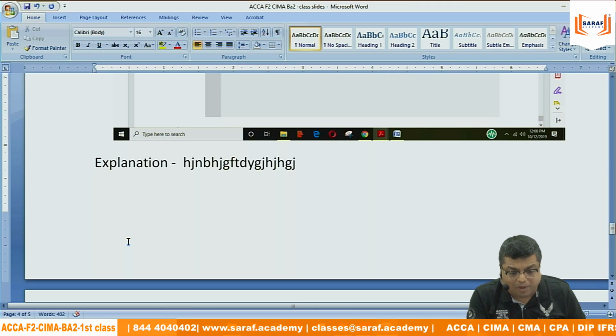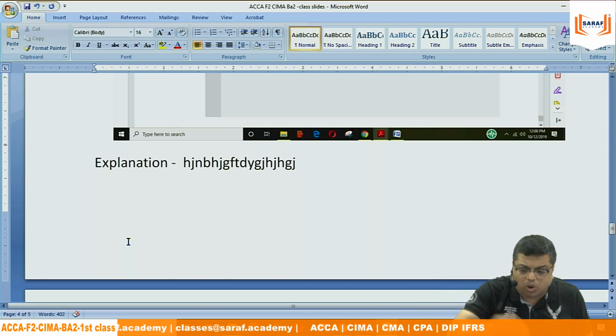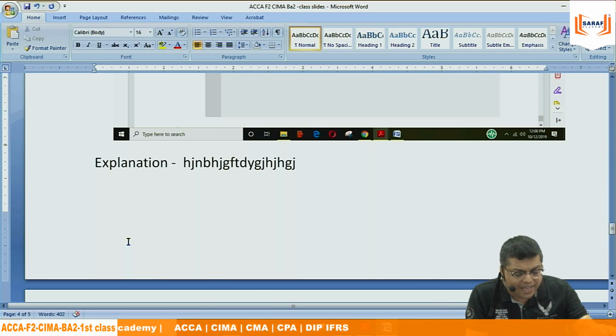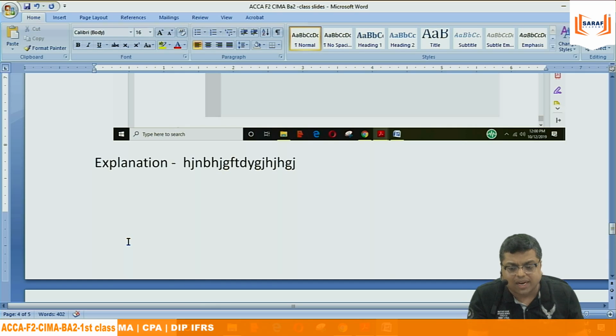Initially, when 1 or 2 topics are there, you will find that it is very simple. No problem. But when the 3rd, 4th topic is going on, you will find that you are forgetting the topic which you have done. For that reason, the notes need to be there. Human beings, we tend to forget. So for remembering, we need to write. Just by reading, we cannot retain everything in our brain. We have to write.